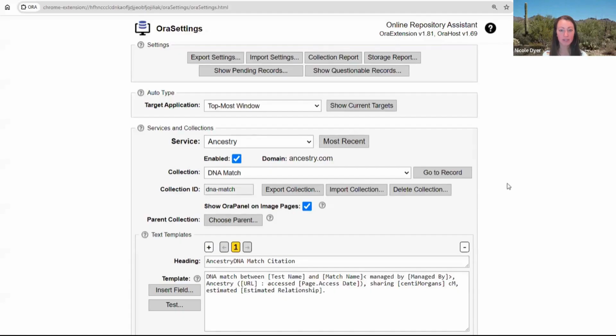Here is the extension settings page. ORA has a little symbol right here on the extensions for your browser extensions. When you click that, it takes you to this page to set up your text templates. For the Ancestry DNA Match collection, I've added one text template and I've labeled it Ancestry DNA Match